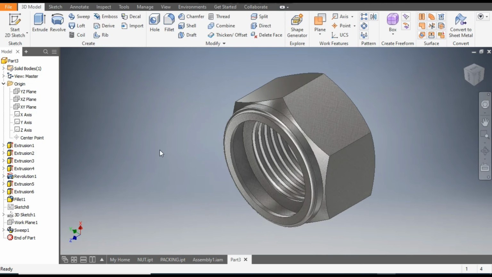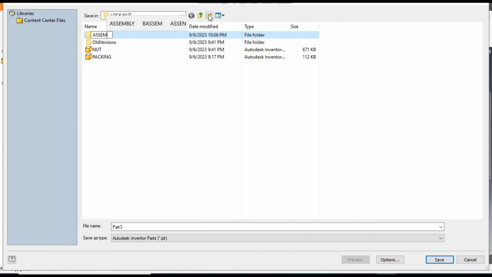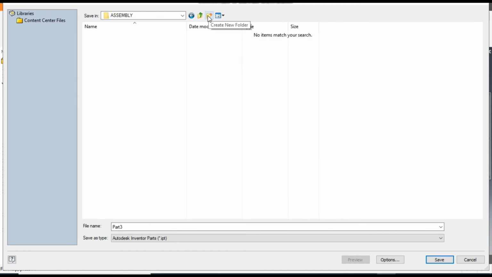Okay, now save it. I have already made, so I'll take a new folder over here only and make it an assembly folder and save it as nut. Okay,